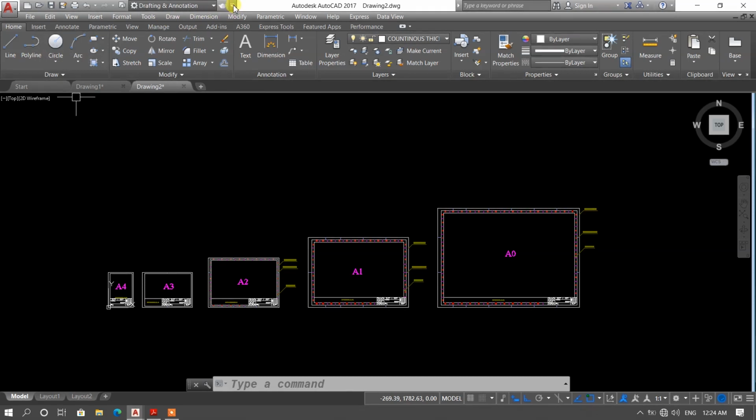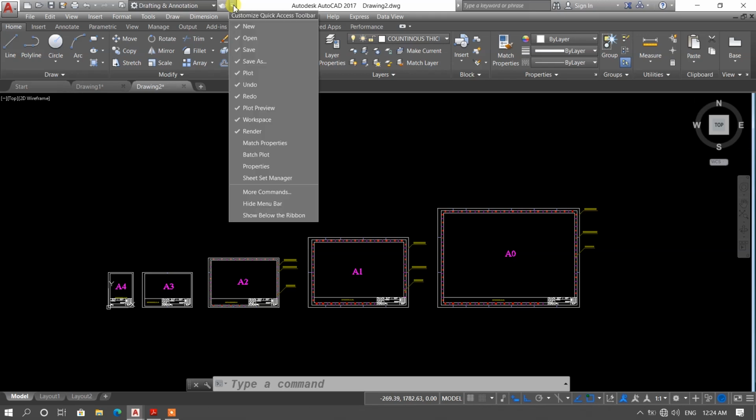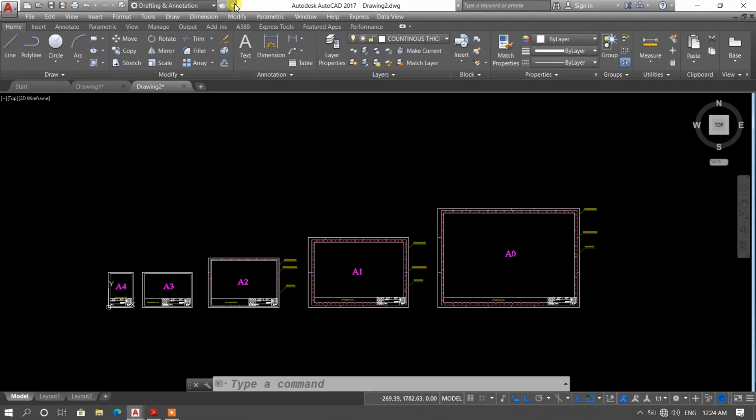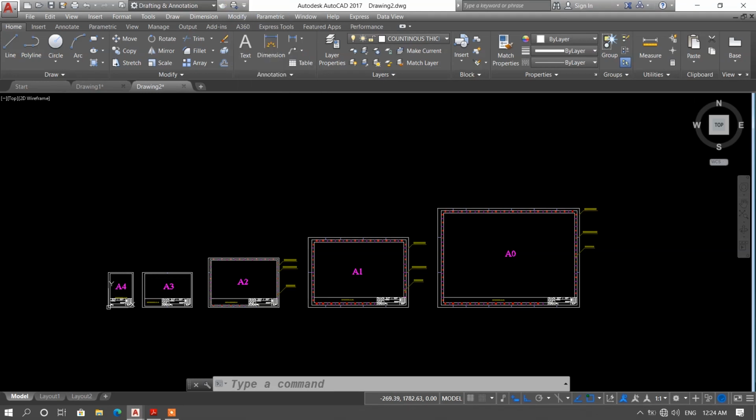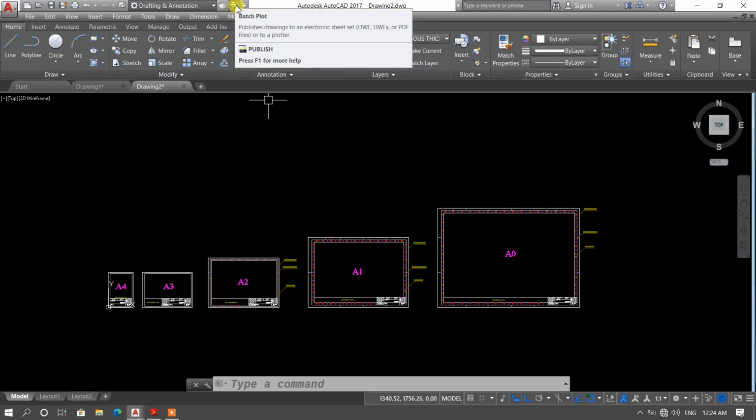With the help of customize quick access toolbar, we can add our daily required tool. For example, I need batch plot for daily use. So what I will do, I will click on customize quick access toolbar and then select the batch plot option. So here you can see the batch plot option is added in my customize quick access toolbar.